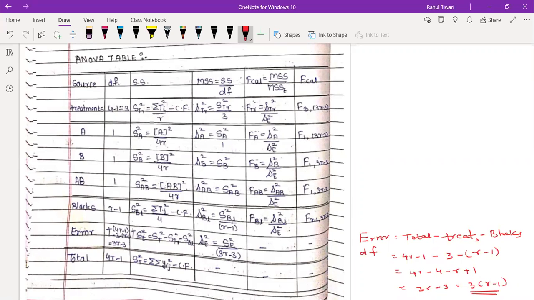The only chapter, design of experiments, which is unit 2, is going to be asked in your internal examination. I think you already got the notice. Everybody have checked their official site? Check your notice properly, see what the date is, and you can start preparing for that. Sir, only unit 2? Yeah, only unit 2. So prepare unit 2 well.